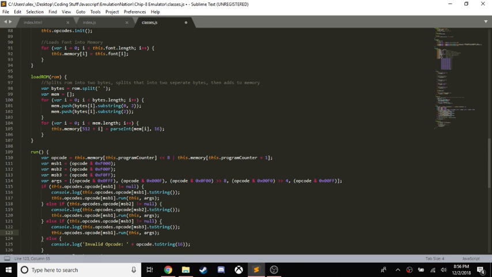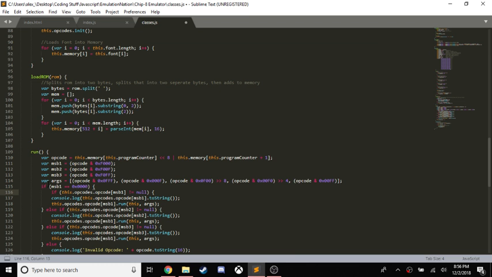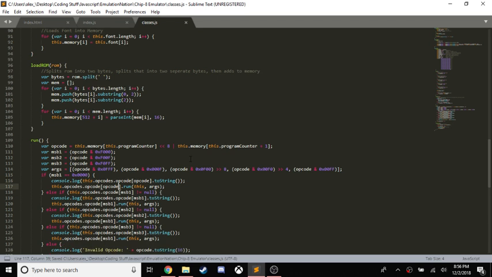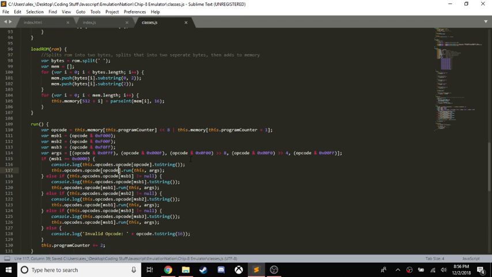We also need to say, before all this, we actually need an if statement: if this.opcode, or if MSB1 is equal to 0x0000, then just do it straight up. Okay, so else it would do that. Okay, so now opcode toString and then opcode run. So now we have all the conditions. It is now time for